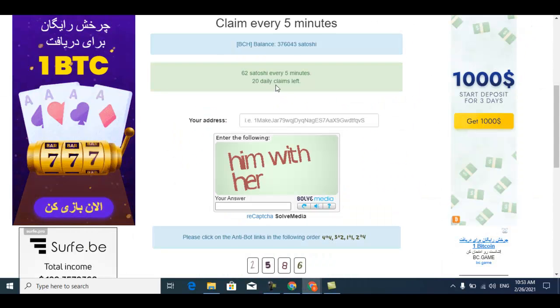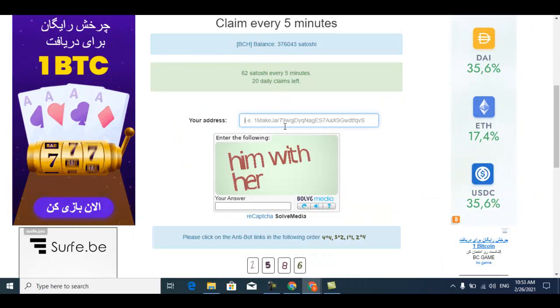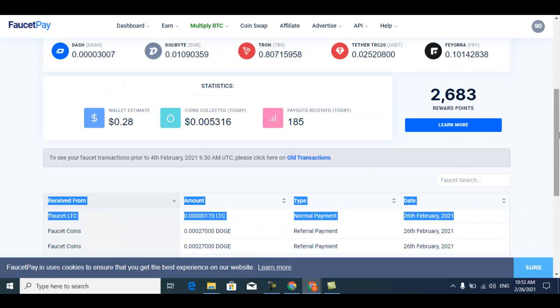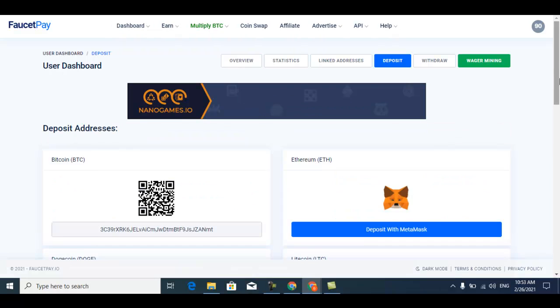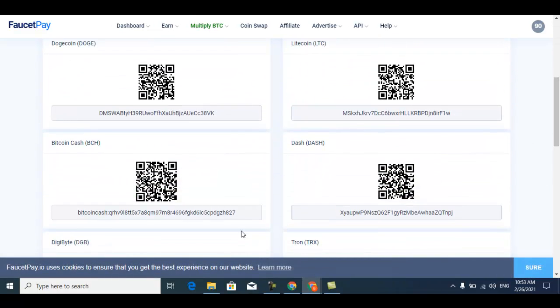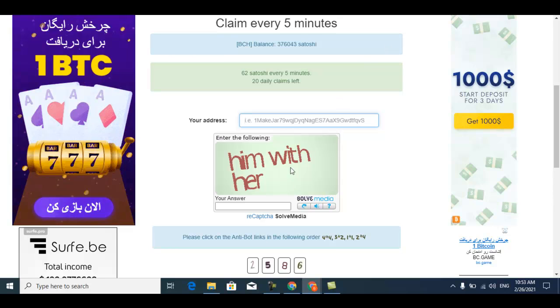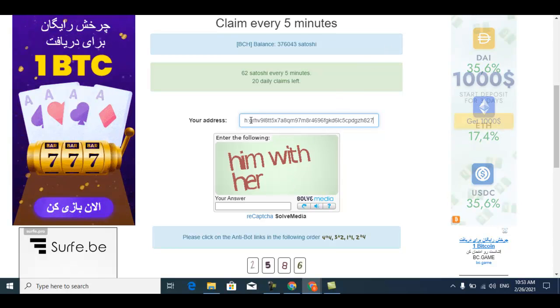Okay, this is the website. This website pays you Bitcoin Cash instantly in your FaucetPay. Just go to your FaucetPay, copy your Bitcoin Cash wallet address from here, just come down. This is the Bitcoin Cash wallet address you have. Just copy it and come here, paste it. Okay, just delete this Bitcoin Cash